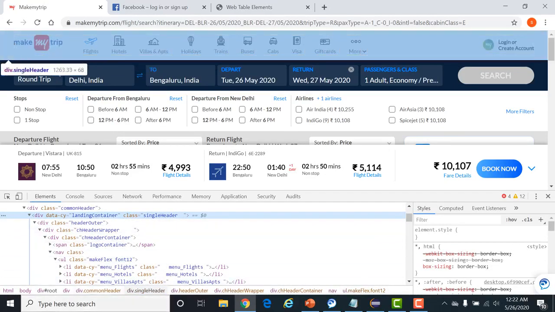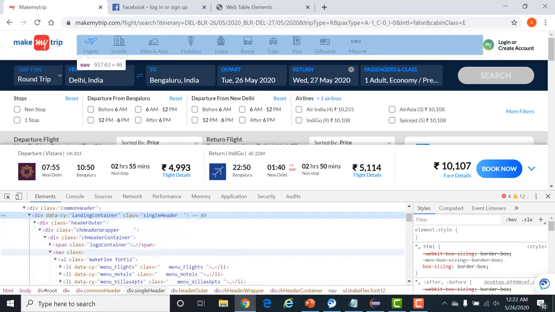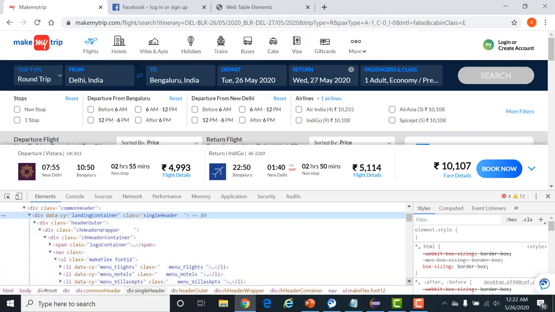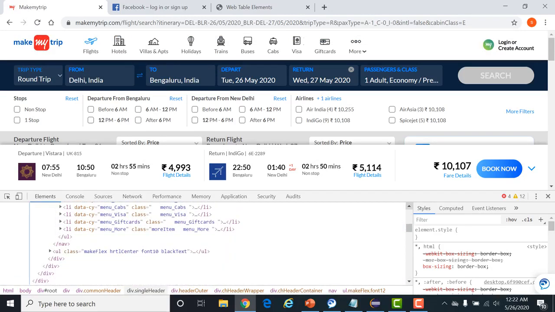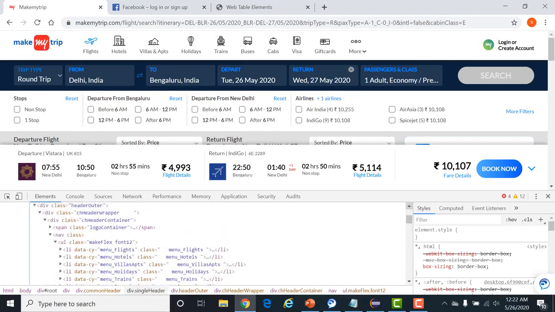You can see this is the ancestor where there is div, so much hierarchy is available, and inside them there is a UL node, and inside that there are so many list tags available.